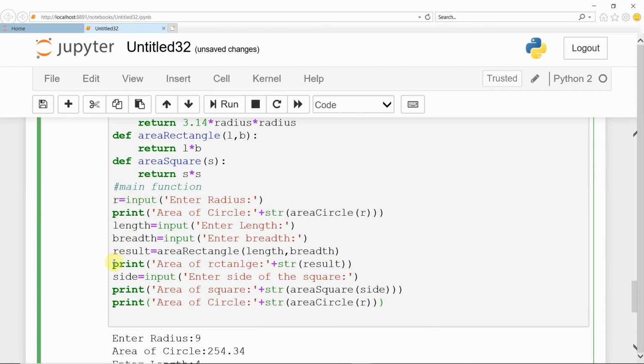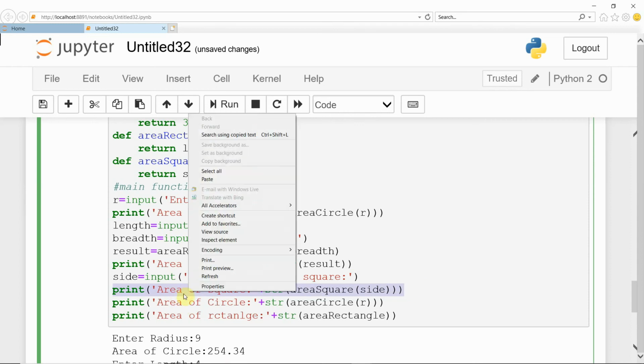Copy this printing of the area of the rectangle by calling the area_rectangle function. Instead of result you can call the area_rectangle function. Any number of times you can call. And then the area_square function also you can call any number of times.